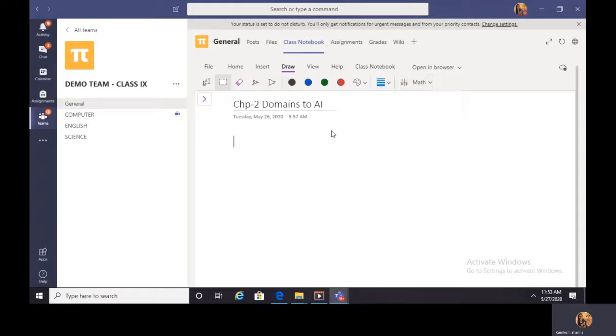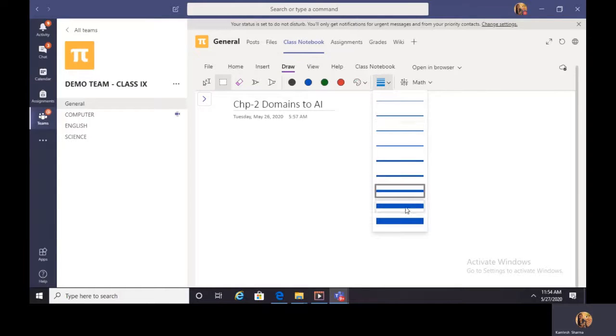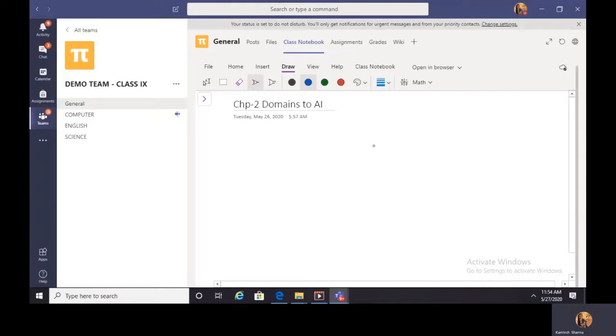For using the math options here, what you need to do is you have to go to draw and choose the pen or the highlighter, and there are many inks available for you. You even have more options of choosing from the ink, the colors, and even you can choose to have the desired thickness as per your choice.